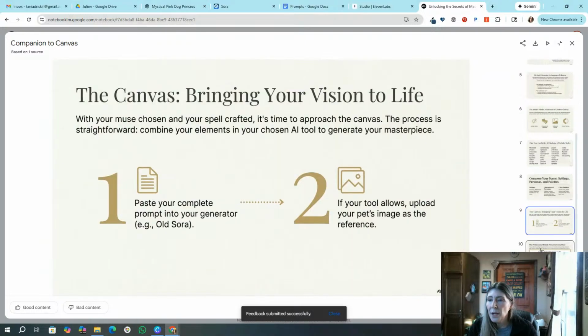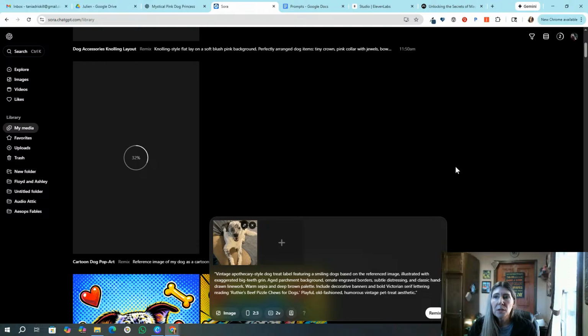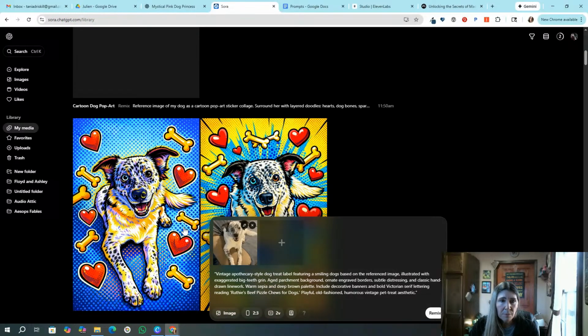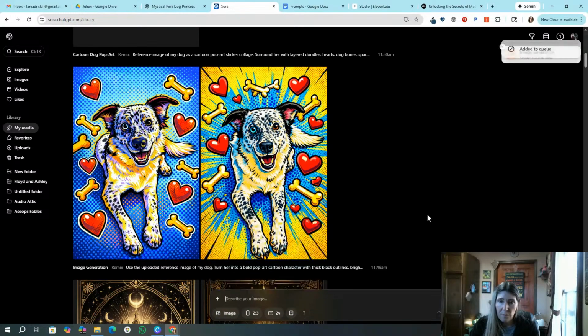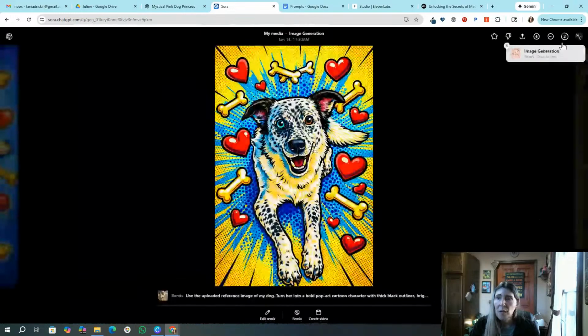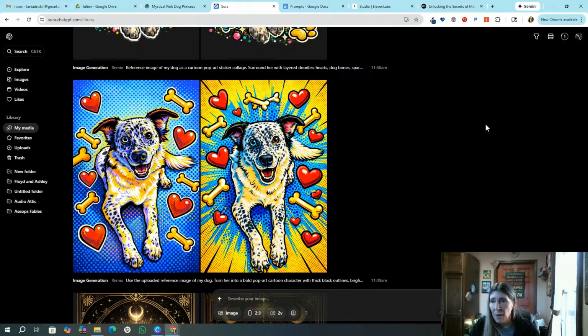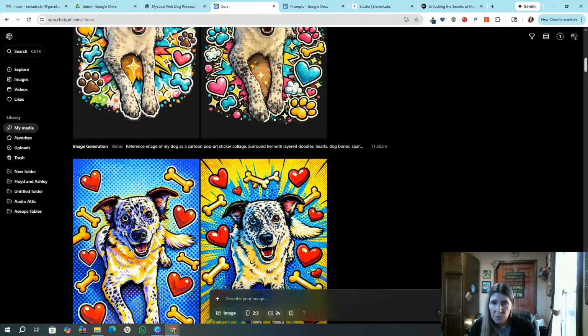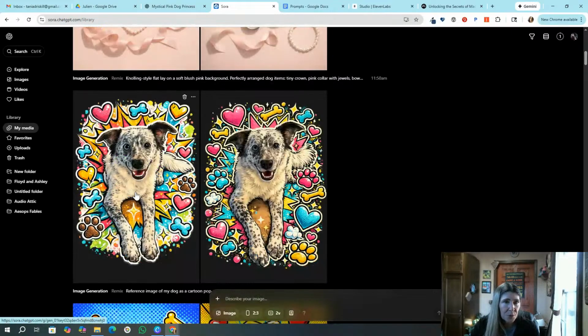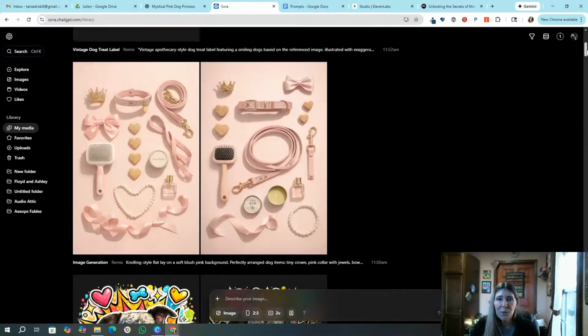And then, oh, when you're done, you're going to want to choose the download option. So let me just pull this one up. So up here is your download option. That's what you're going to want to use. That's going to give you the highest quality and the highest resolution for the image. If you just copy it, so you can right click and copy and then paste it, you're going to get a lower resolution using that method. So you'll want to use the download option. That's cute. And then here's that knolling effect.